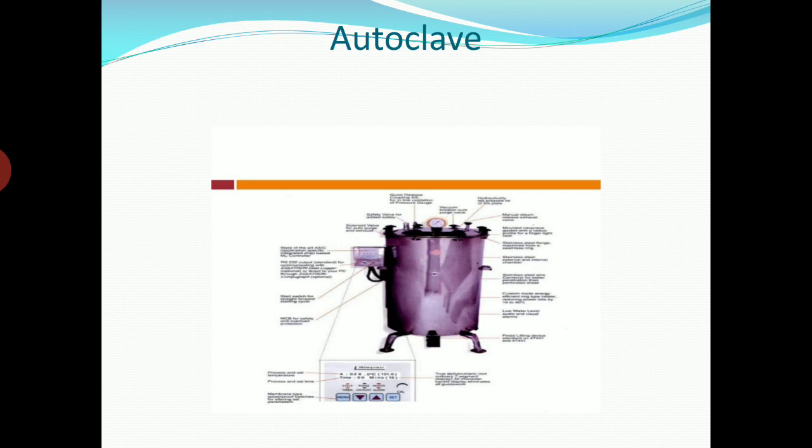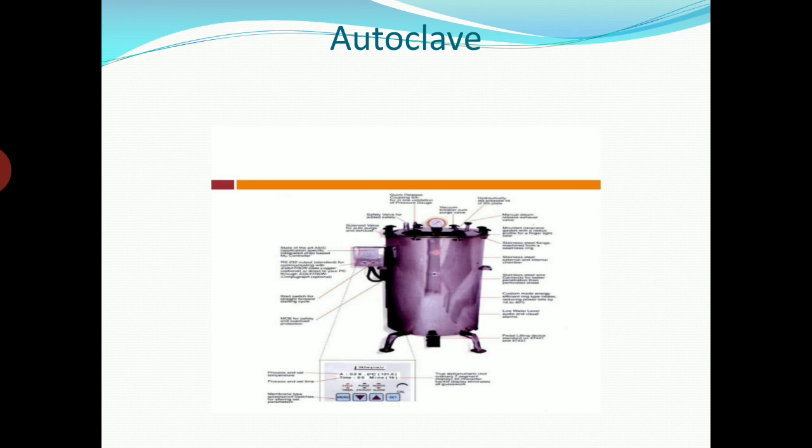The second type is the steam jacketed autoclave. It is a modified form of the simple autoclave. In the simple autoclave, much of the heat is wasted from the surface of the barrel. To check this, a steam jacket is provided around the barrel in large autoclaves. Inside the autoclave, steam pressure is increased and temperature increases proportionately.